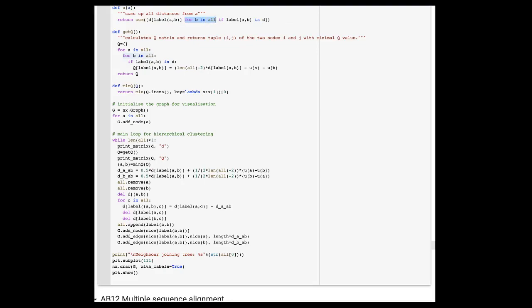And just to be on the safe side, we're checking that the entry AB is in fact in the distance matrix, because if we don't do that, it would give us an error if that value was not present. So we collect all those entries from the distance matrix that have A in them,